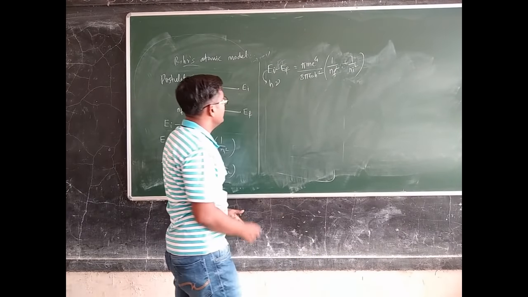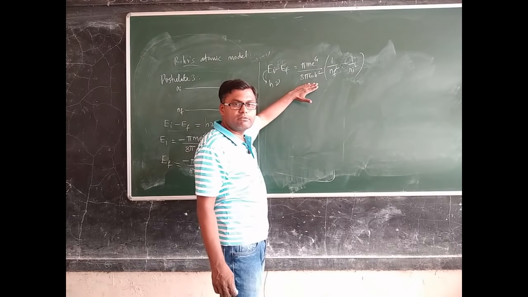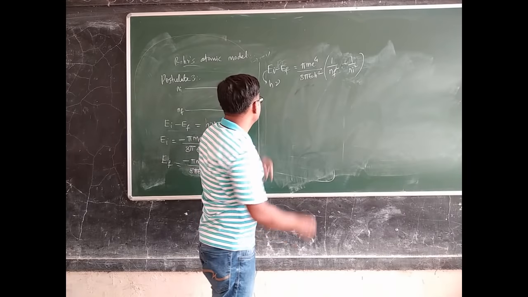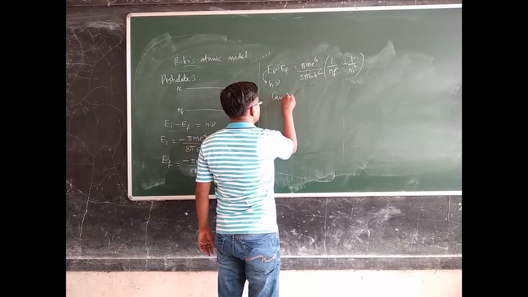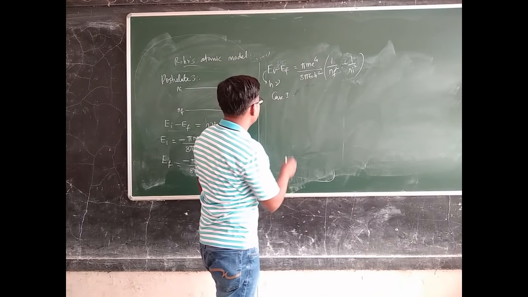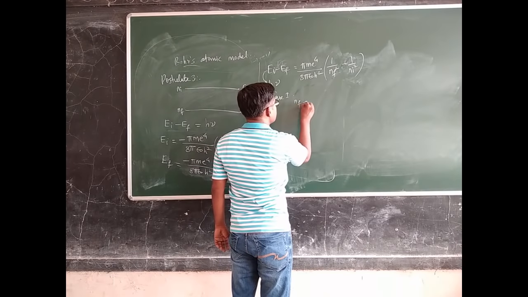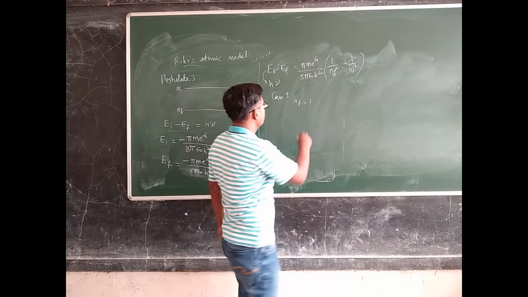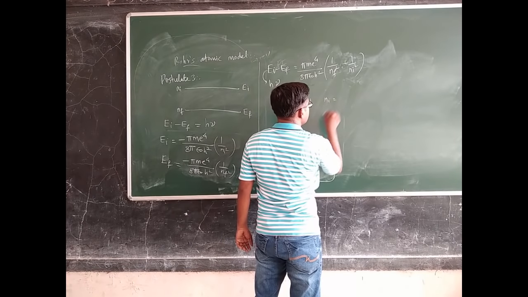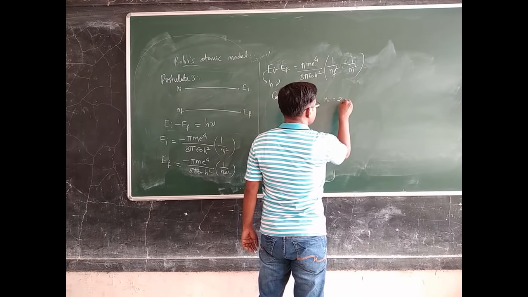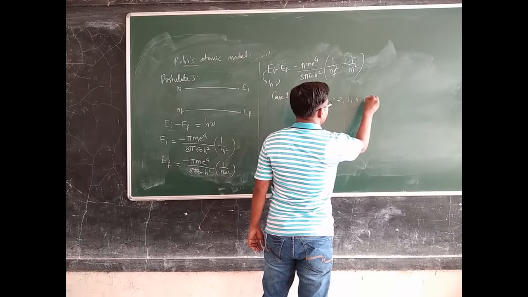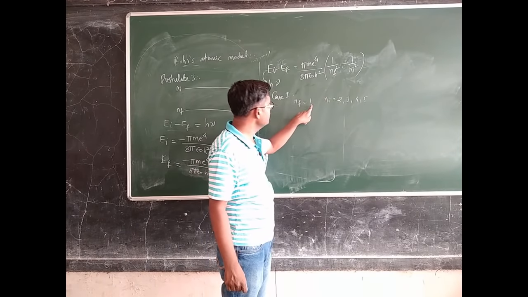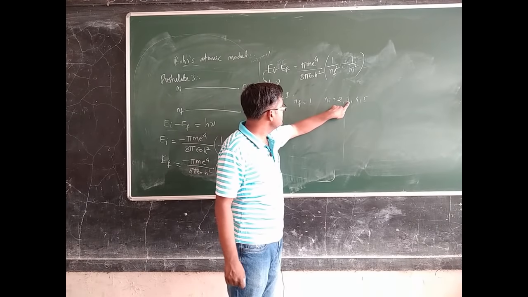Now let us consider that if you use this particular equation, you will get different wavelengths emitted by the hydrogen atom. Now let us consider case number one. Suppose that nf is equal to 1, the final orbit is equal to 1, and ni in that case would be equal to 2, 3, 4, 5, etc. It means the electron can jump from the second orbit to the first orbit, from the third